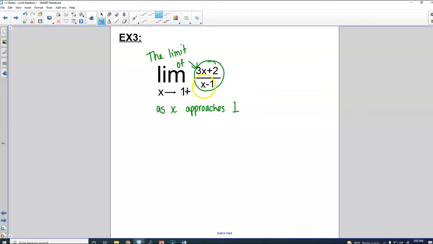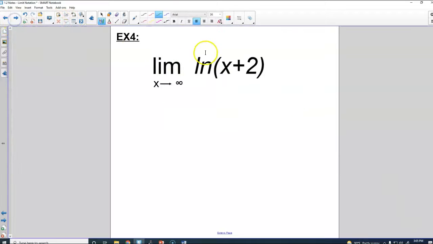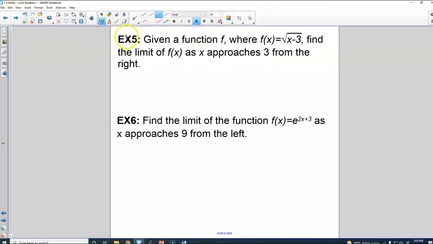It's a negative on your paper, but we're changing it to a plus from the right. Okay, I'm going to skip ahead. This one's the same, but it says x approaches infinity. Sometimes you see infinities there. That happens. All right, let's skip ahead